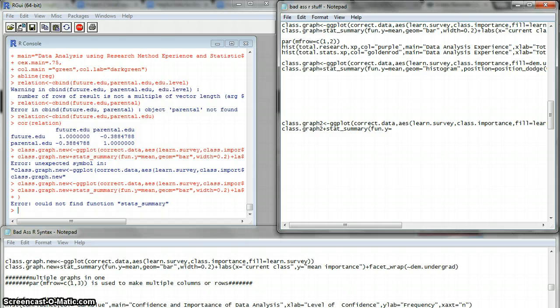I don't know how my caps lock got on there. Your geom is going to be a bar, so that we indicate that this is a bar graph with a width of 2. Okay, you want to close your parentheses, and then this is all you really need, all of the basics for the summary of what type of graph it is, but we're going to go ahead and continue,